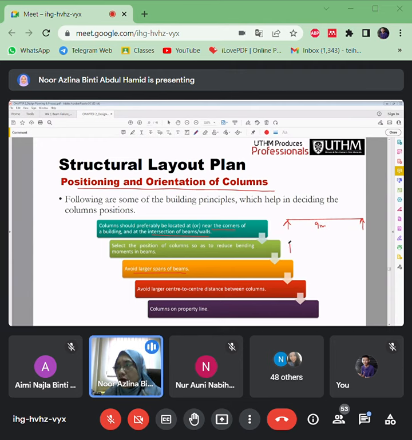So how about for the case that we just design the beams, okay, but have three numbers of columns. So let's say this is 5 meter, this is 4 meter, right? We can reduce the large deflections or moments of the beams here, okay.